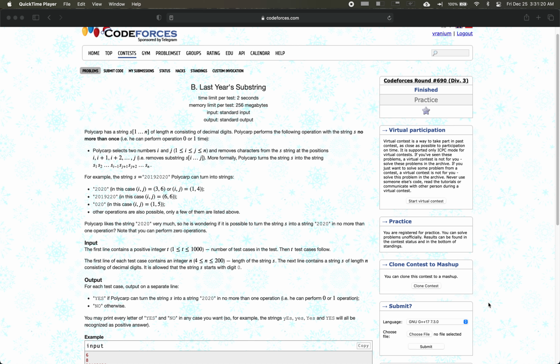In this problem, we're given a string s, and we want to take out some substring in the middle, such that we're left with the final string of 2020. So what does that mean? If you look at this test case, right,